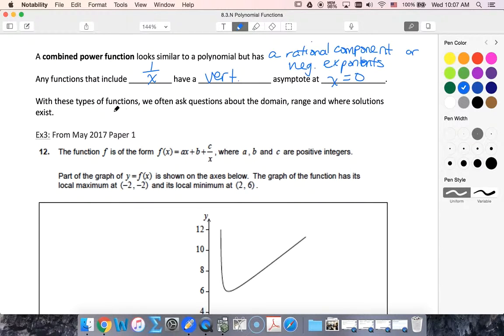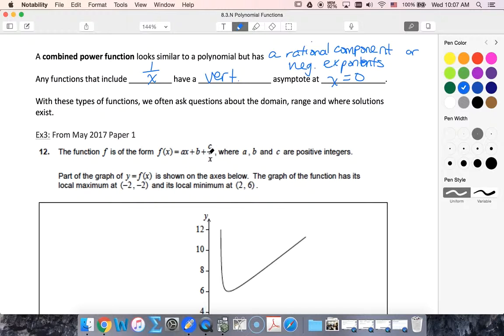So with these types of functions, often you're going to be asked about domain, range, where solutions exist, such as in this example from May 2017. So let's look at it. They've given us no numbers, but we do have c over x. So with our a, b, and c being positive integers,